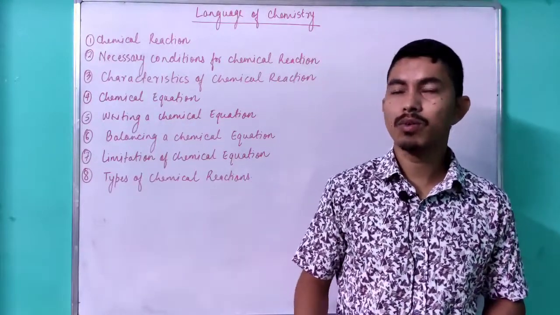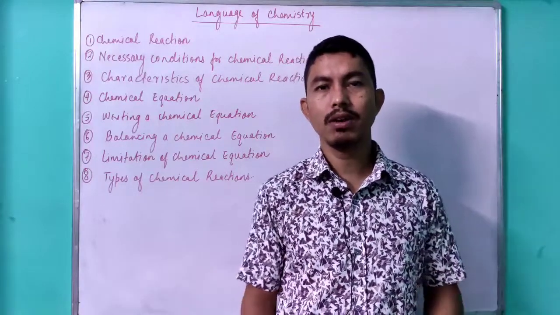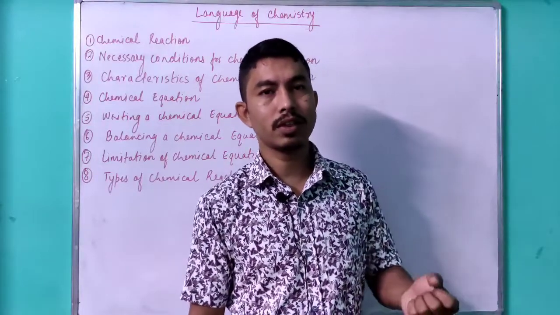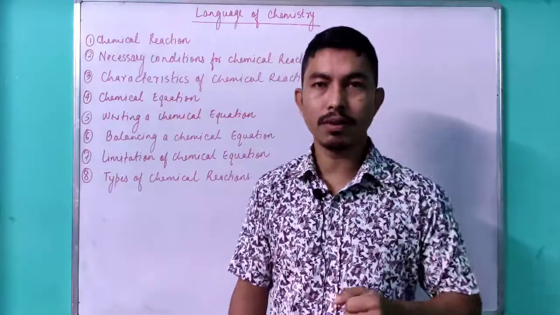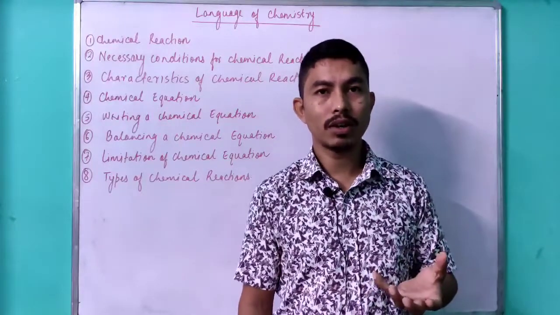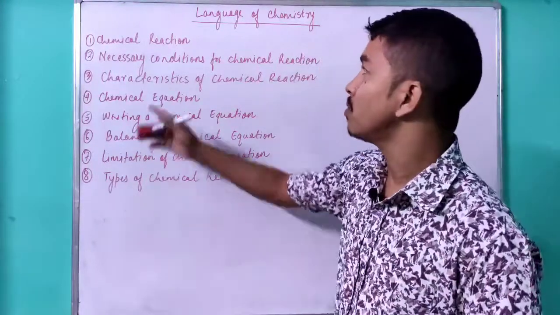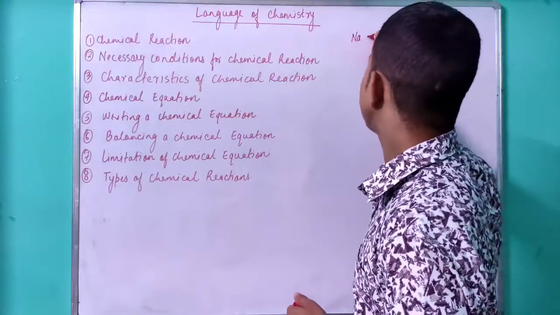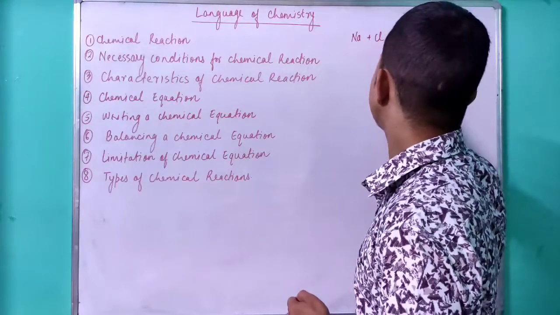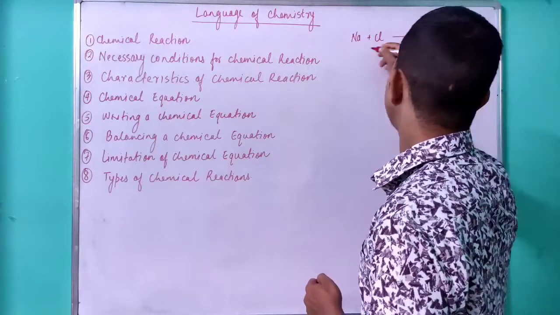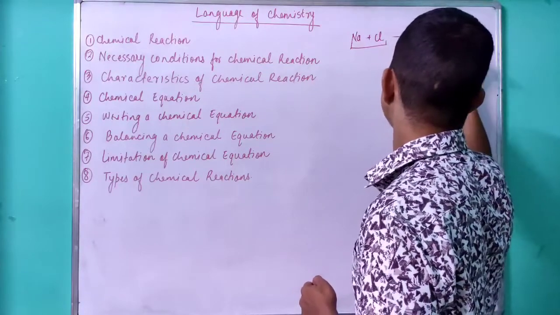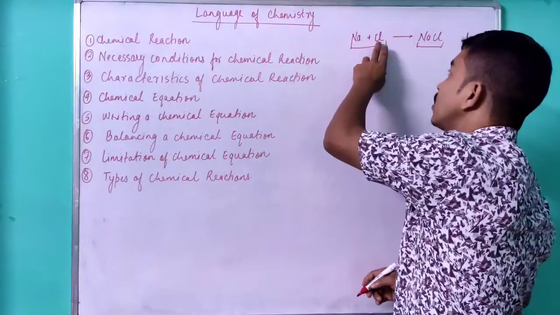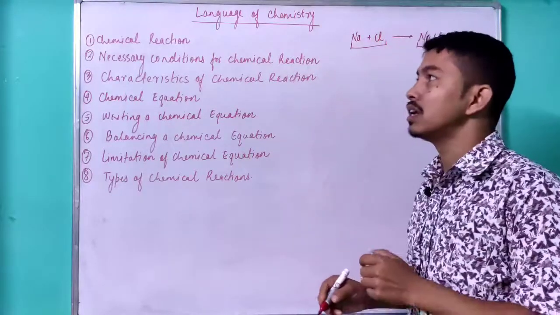So the changes we see in our day-to-day life from morning till evening, some are reversible and some are irreversible. Just like growing of a tree is an irreversible change, and boiling of water is a reversible change. So chemical reactions are the ones in which two reactants, reactant means whichever are on the left hand side, like sodium and chlorine, react to form sodium chloride. These two are known as the reactants, and on the right hand side it is known as the product. So in a chemical reaction, two reactants combine or react to produce a completely new product,